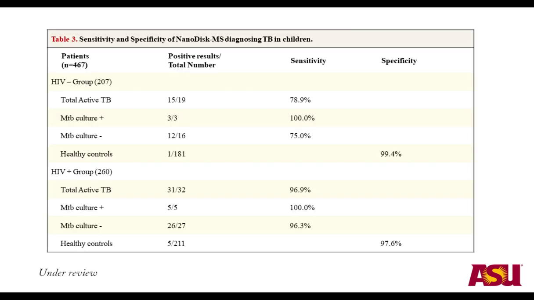And recently we provided all the results to the NIH, and all the information was unblinded. So we analyzed the sensitivity and the specificity for the different groups. At first, for the HIV negative group, we reached 75% to 100% sensitivity. But for the HIV positive group, we reached 96% to 100% sensitivity. And the specificity remained at 97 to